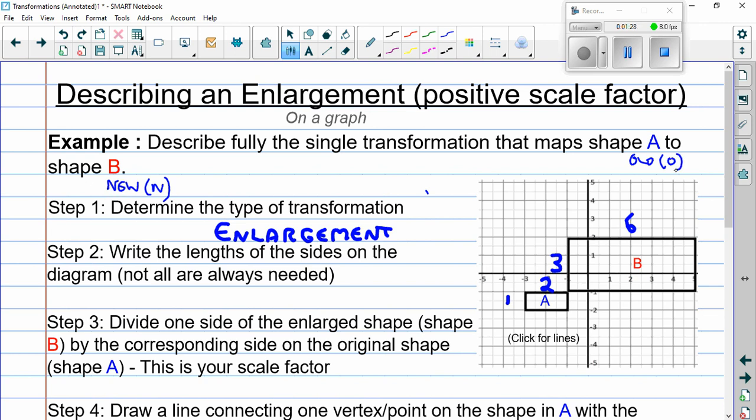So we're just going to take 2 of the same measurements. So I'm going to take the easiest numbers, and I'm going to take that left-hand side, which is 3 in our B, and we're going to divide it by 1, so we get 3, and that is going to be our scale factor. So now we can say enlargement, scale factor of 3,